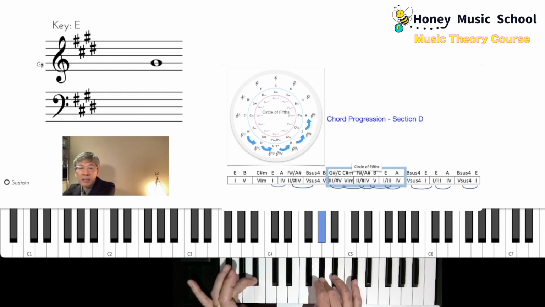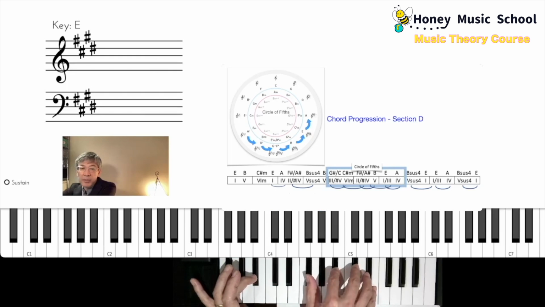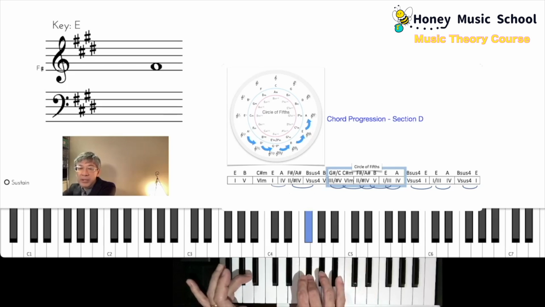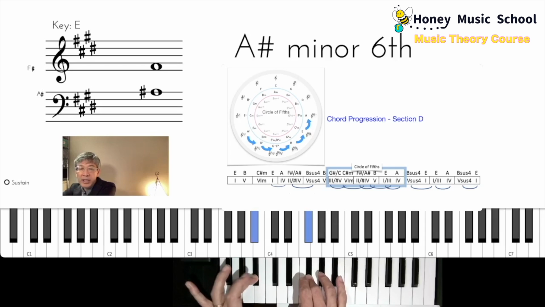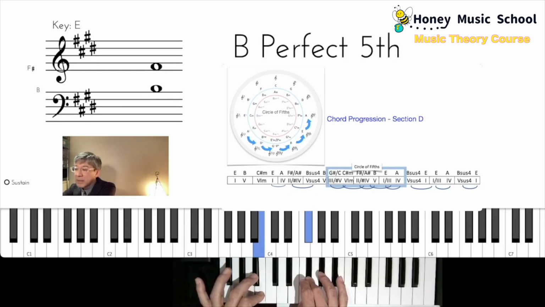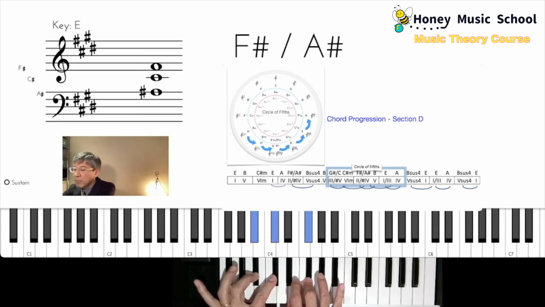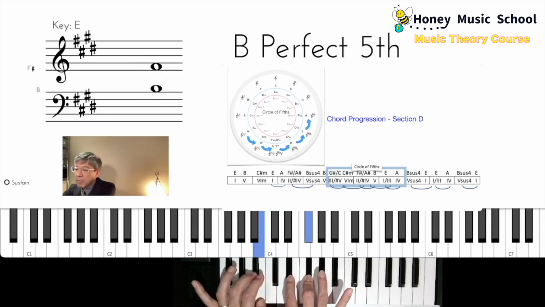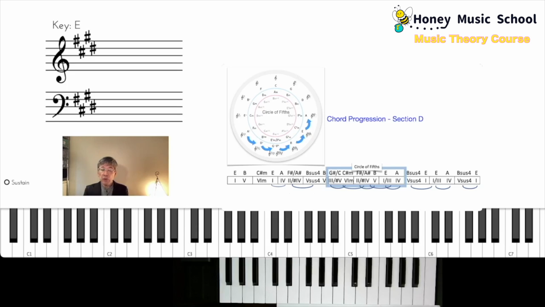Okay, now let's look at F sharp. F sharp, root of the chord, bass. So the A sharp resolves to the B. So that bass line movement is also nice, and it adds to the